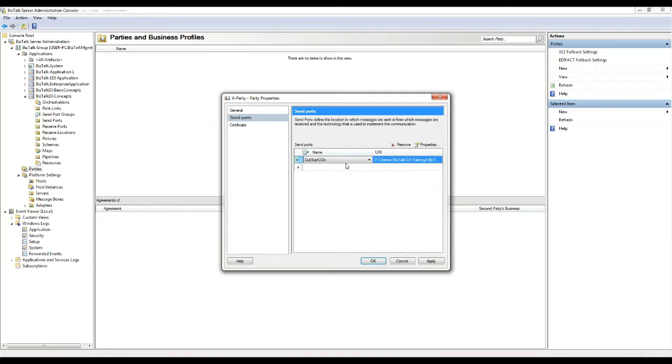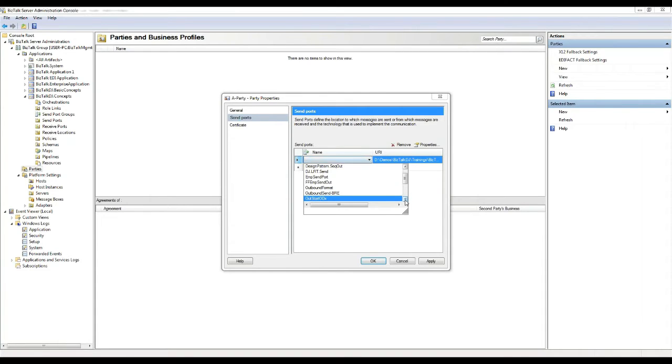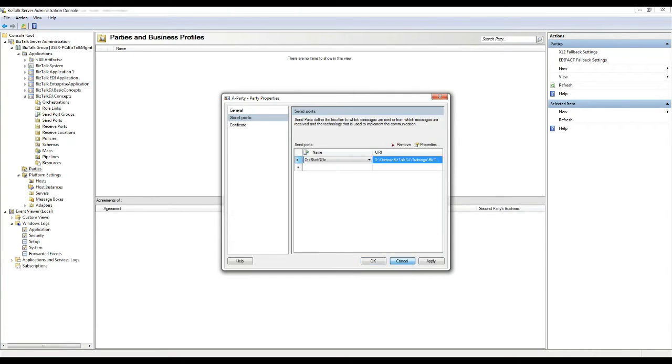So once the party is created, we can associate the send port that it has to use, which would in turn route the message to the destination system. Let me create a send port.